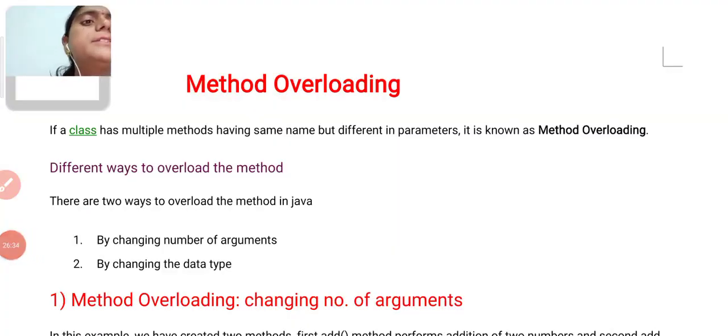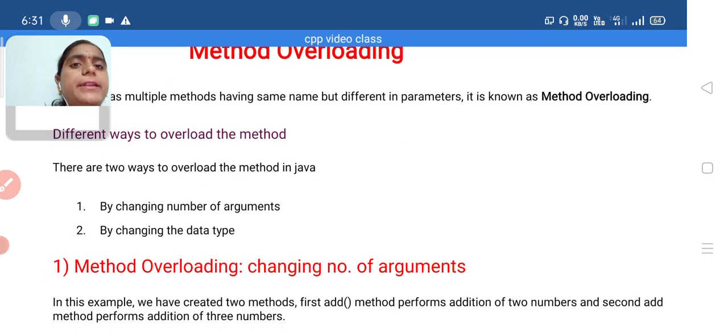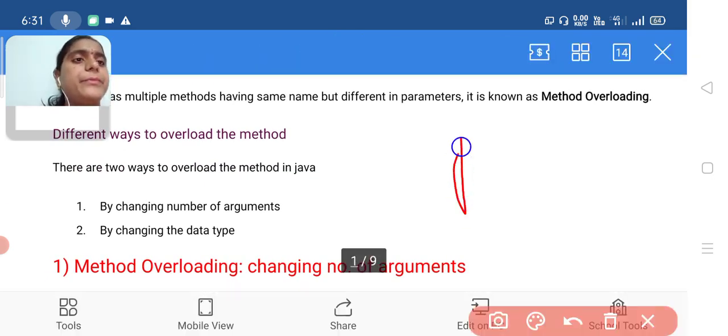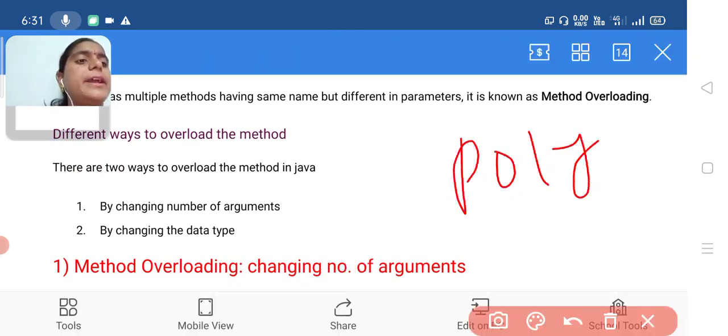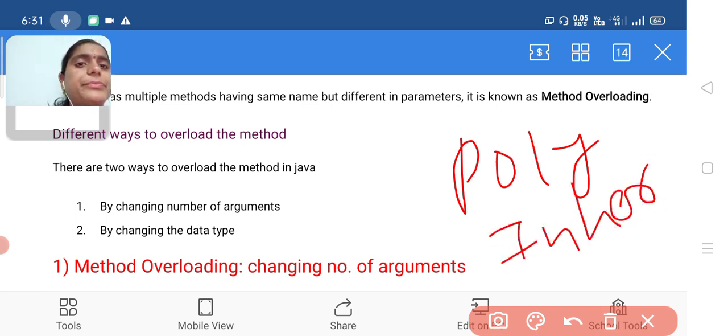Among those features, I want to discuss polymorphism and inheritance concepts.